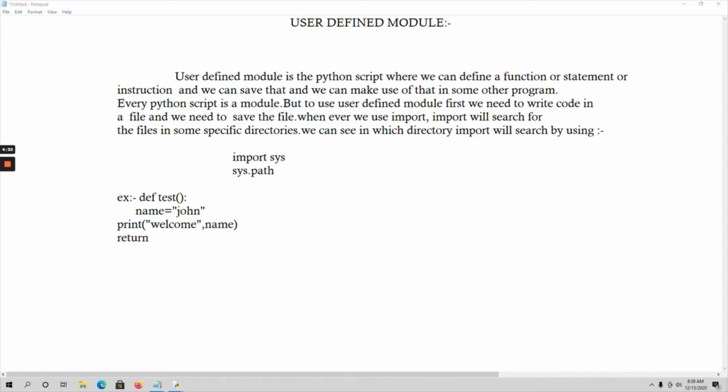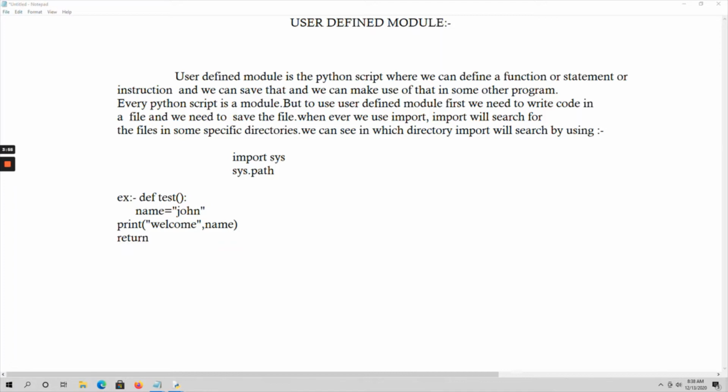Suppose you want to make use of those functionalities in your program. First of all you have to import that module, and then you can use those functionalities. For example, if I want to find the factorial of a number, factorial is already defined in the math module. So first import the math module and use math.factorial(), passing the number in the argument list. Like this we can use built-in or predefined modules in our program.